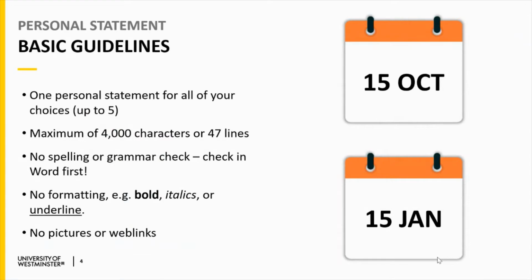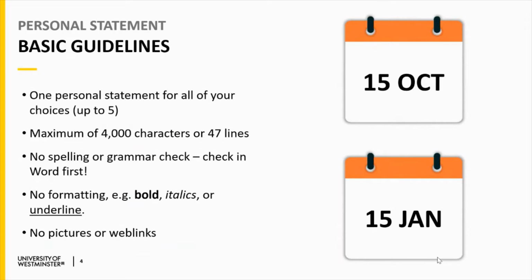I'm not going to spend too much time on the guidelines. This information is readily available online anyway, and hopefully your teachers will cover it all for you, but I will touch on the basics. So you're going to write one personal statement for all of your choices, and that can be up to 5. So if you're applying for different types of subjects, just remember that you need to encompass all of that into one personal statement. And it's a maximum of 4,000 characters, so that will include spaces and punctuation, equals about a page of writing, single spaced. And a page really isn't a lot, so you just want to make sure you're being really concise throughout.